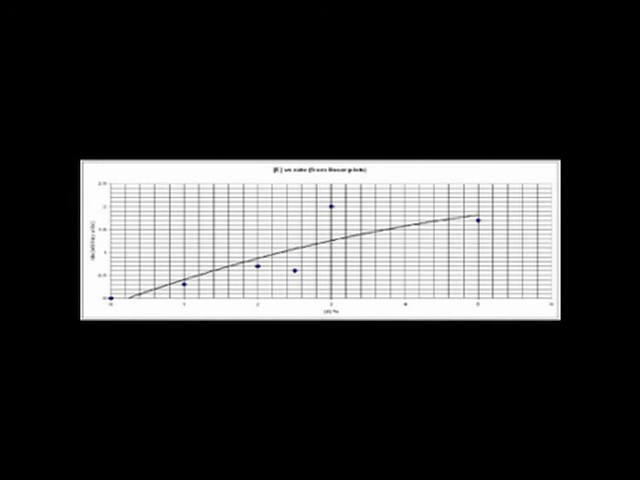And now a graph of the enzyme concentration on the x-axis, 1, 2, 3, 4, 5, and the rate